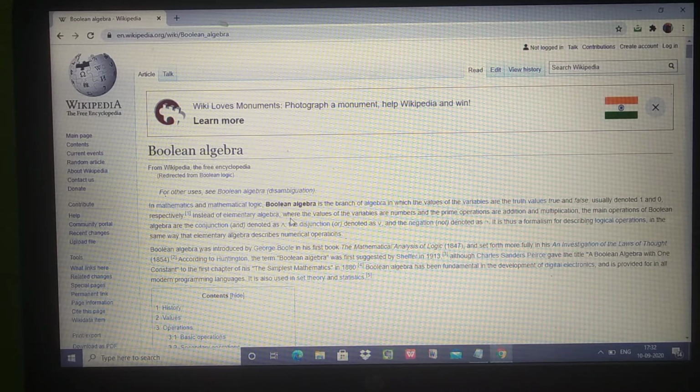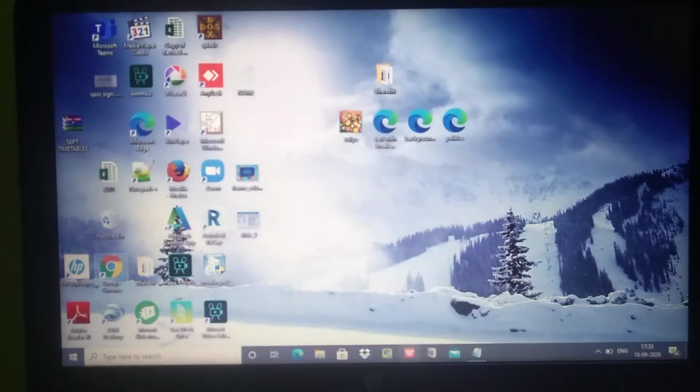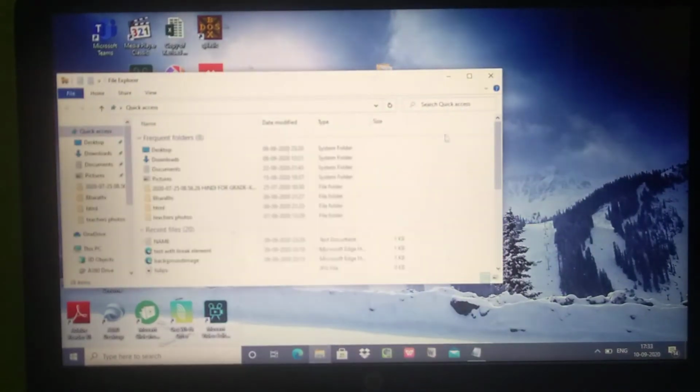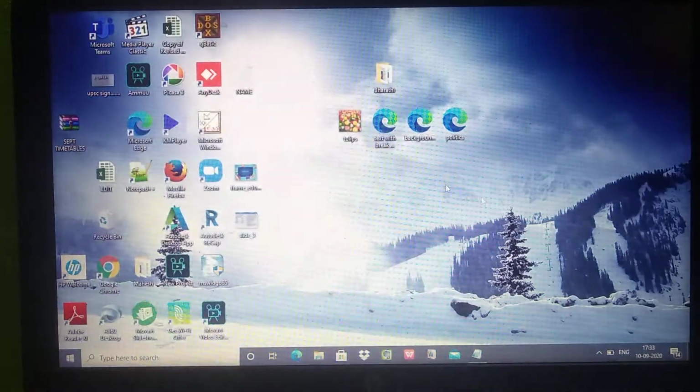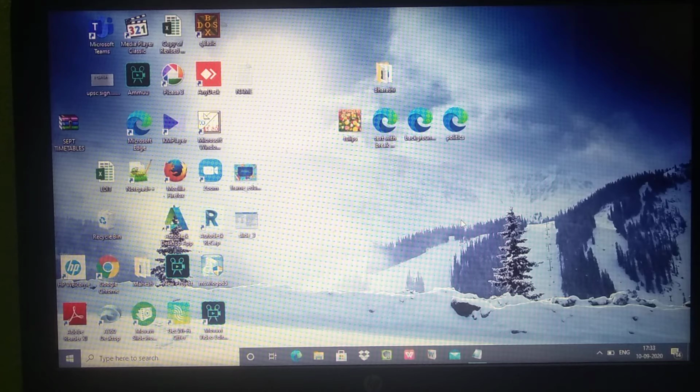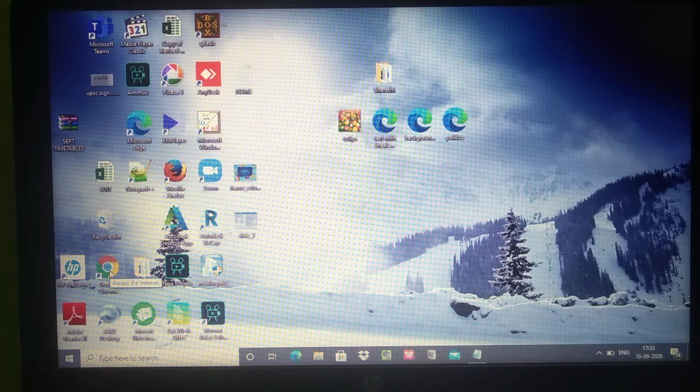Now we will see how to write HTML programs. For that we have to open Notepad and first write in the Notepad. The default web browser is Internet Explorer. With your Windows 7 operating system, you will get Internet Explorer as the default web browser. Firefox and Chrome are also other web browsers.